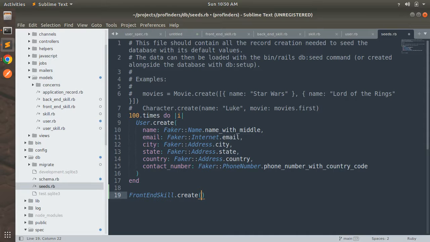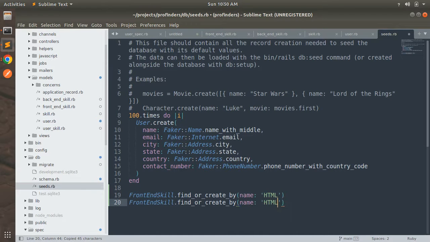Okay, so if you create a FrontEndSkill, then the type is automatically stored into the skills table as FrontEndSkill. That will represent that this skill is a front end skill, and that skill is a back end skill. Okay, now if you wish, you can use find_or_create_by as well. So we will use find_or_create_by. Okay, and then name, let's say the front end skill will be HTML. Okay, and then just copy this line